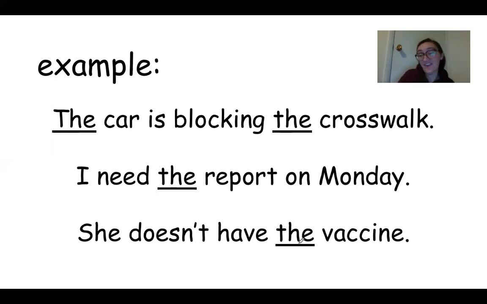She doesn't have the vaccine. So this is an example of that. Back in 2017, if you said, oh, she doesn't have the vaccine, people would be like, which vaccine? What vaccine are you talking about? But now, since the pandemic, because of COVID, we know that when you say the vaccine, it means you're talking about the specific vaccine, the COVID vaccine. So if you said she doesn't have vaccine, you need to say she doesn't have the vaccine because we're talking